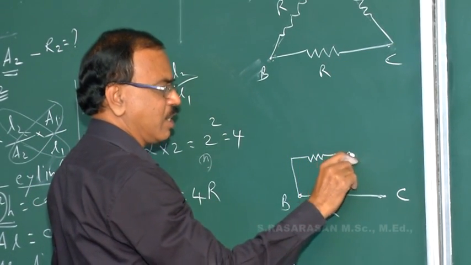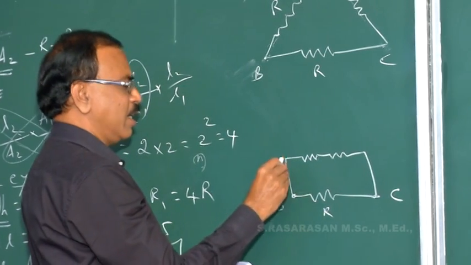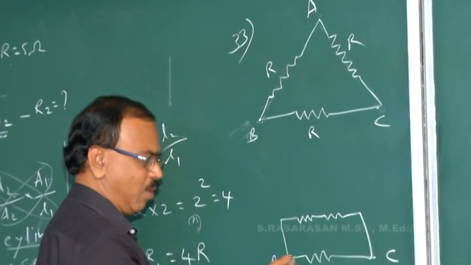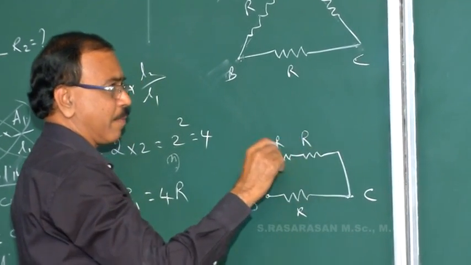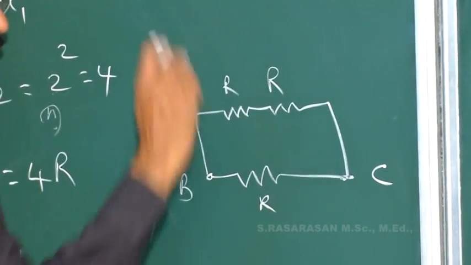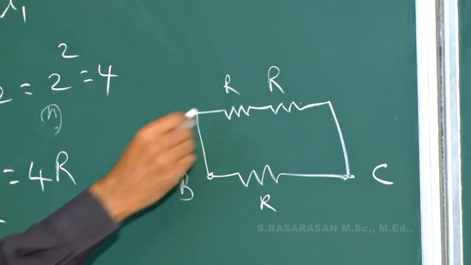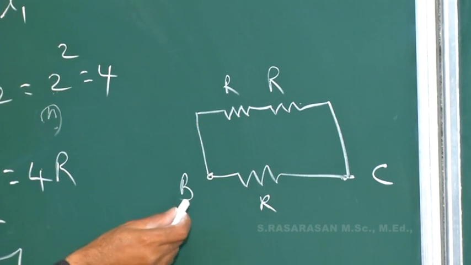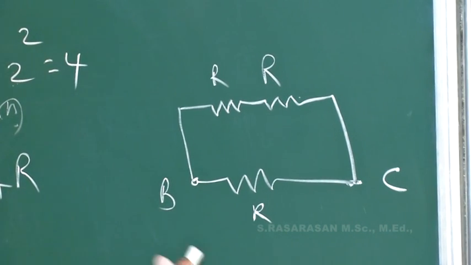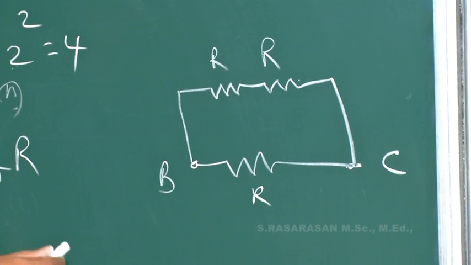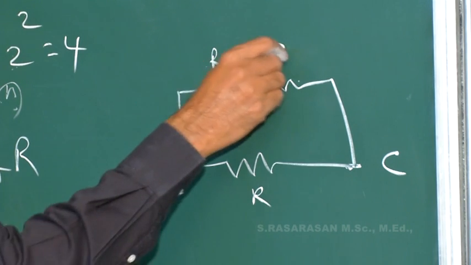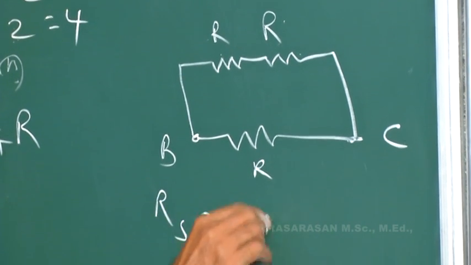This is one resistor and this is another resistor. Let this point be B. Therefore, this is R, this is R. Across B and C, the two are in series combination. When two resistors are in series combination, what is effective resistance? Effective resistance is sum of the individual. When two or more resistors are connected in series, the effective resistance is equal to the sum of the individual resistances. That is R1 plus R2, R1 plus R2 becomes R. That is Rs is equal to 2R.